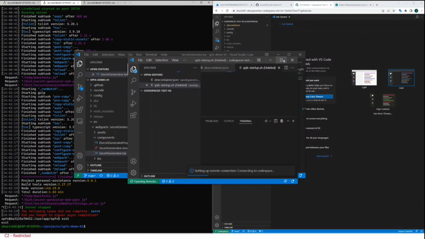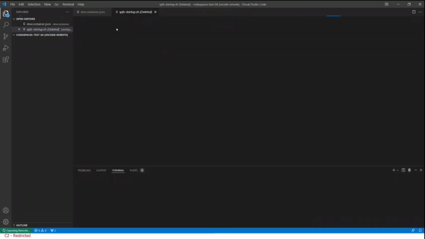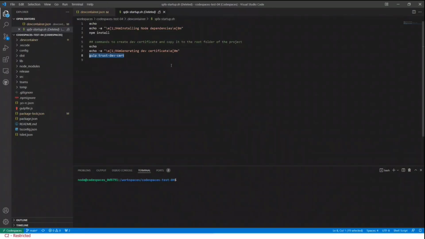Great. From here, I just want to run, creating a new certificate. And I have modules installed before because I used this workspace or Codespace yesterday, so it's still holding my files here. I don't need to install again.